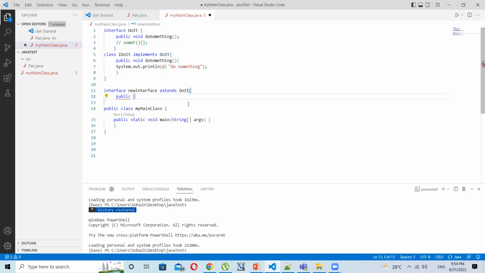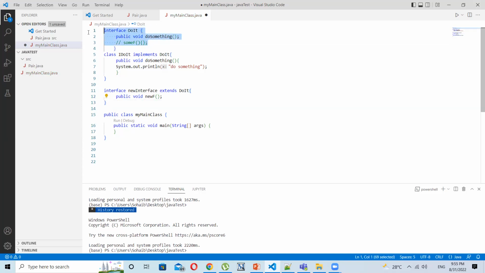I don't need to make it default. I'm simply saying public void new f. So there are two options: either make that function default, or